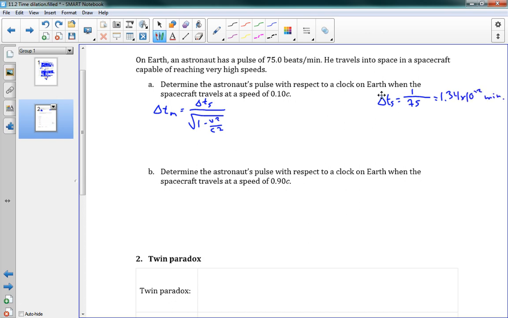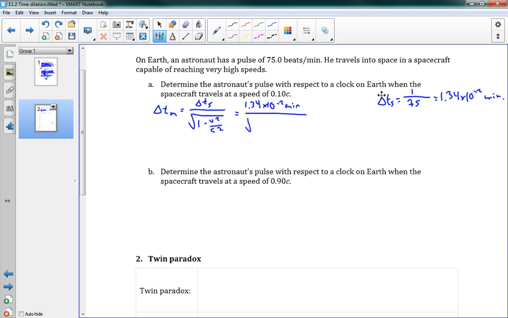I didn't convert it into seconds because we're going to convert this back in just a minute anyway. That's our delta Ts. Okay, so I can get my delta Tm here is equal to 1.34 times 10 to the negative 2 minutes